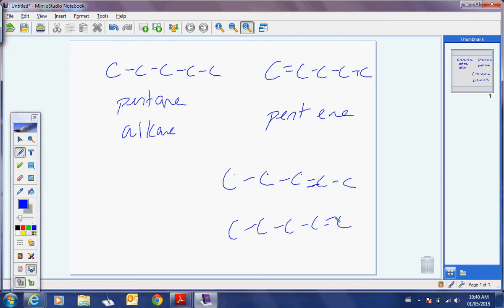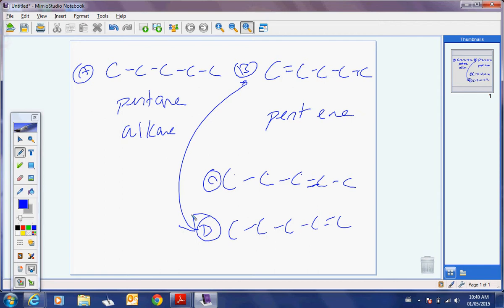Which molecule is Devin's? I'm going to number them. Molecule A, B, C, D. Which molecule is Devin's the same as? B. Right, let me take it off the board for you. Let me turn it around. Now the double bond is where my pen is, on Devin's. Turn it around, now the double bond is where Jillian put it. So D and B are the same molecule. Did you get that?